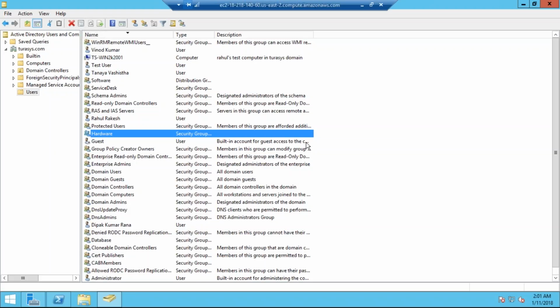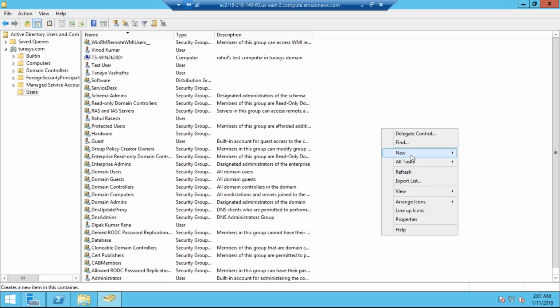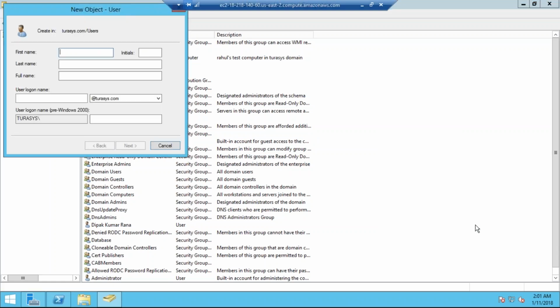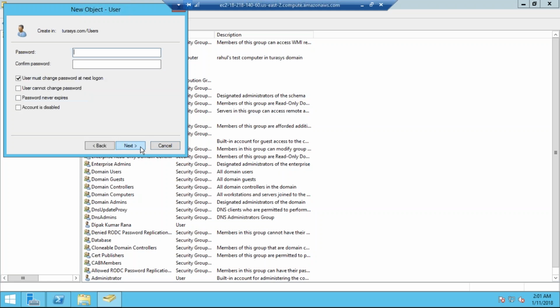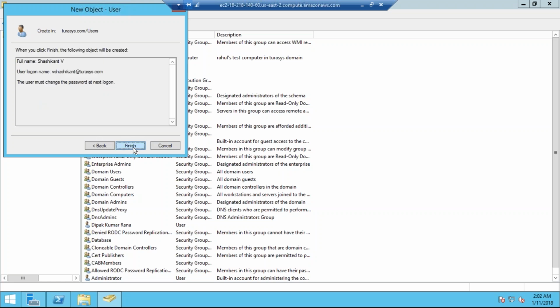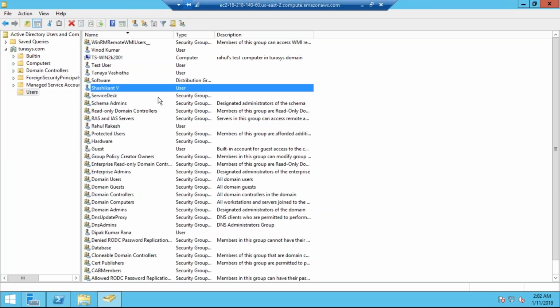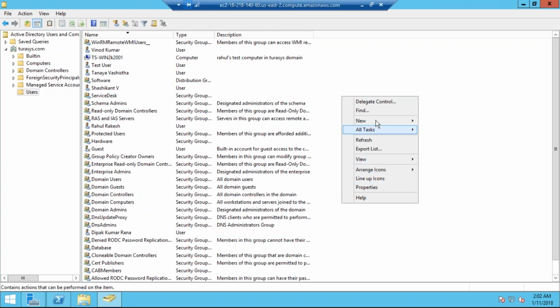So incrementally as well. Let's say I go here and create a new user for Shashikant. I'll keep it as Shashikant V, and go here and set the user password, complete it, finish it. All right, and if I have to create a new group, I'll go ahead and